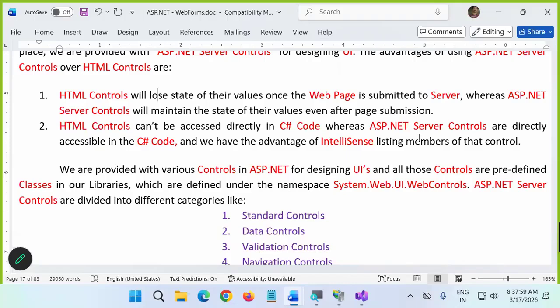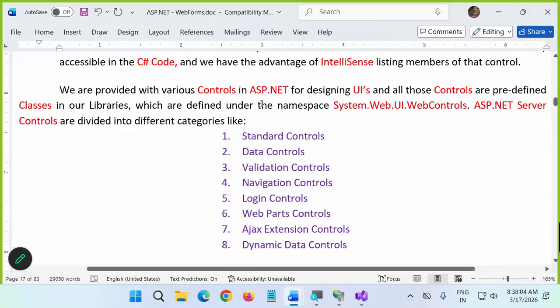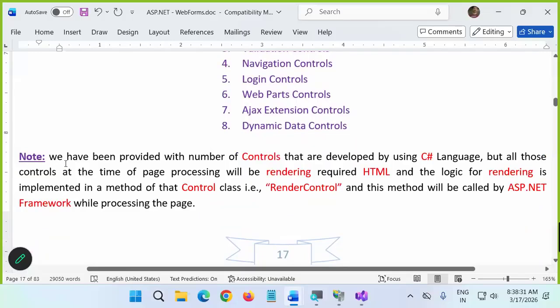For HTML, you don't have any support available. Next, a lot of controls are there, guys. Hundreds of controls are given by Microsoft. Next,